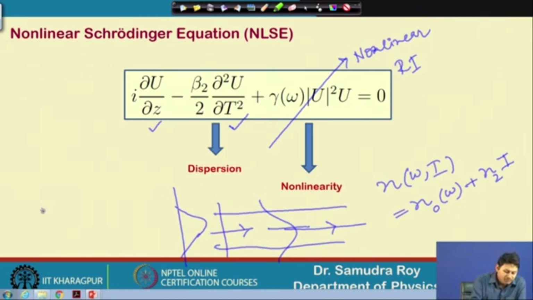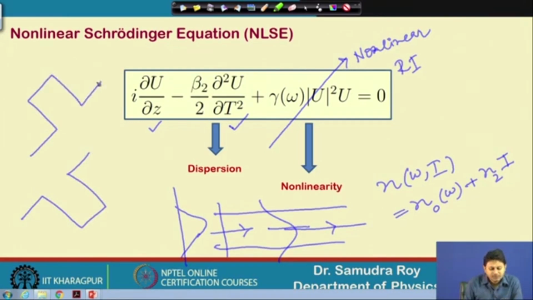In quantum mechanics, we have a quantum well like this. In optics, we have the refractive index profile something like this. So, refractive index behaves exactly the way potential behaves in quantum mechanics. These two things are analogous to each other,